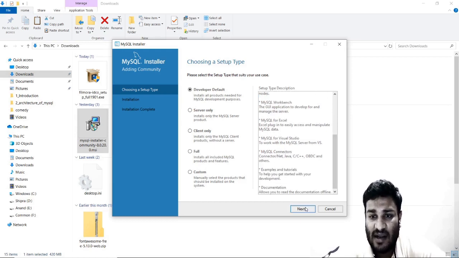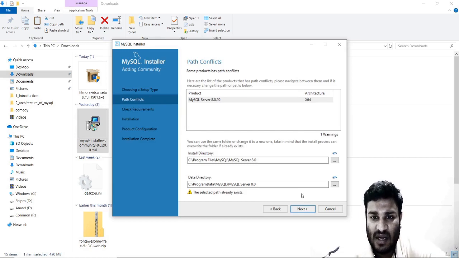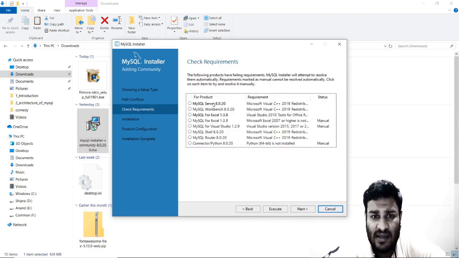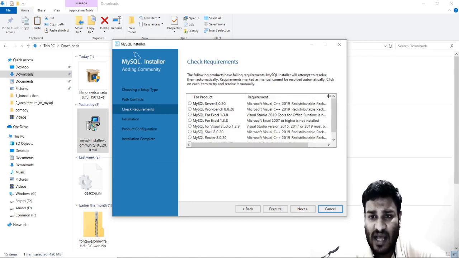Next, click on next. It will ask you for the working directory where you want to install it. This says the selected path already exists, so that is okay, no problem with that. Yes. Then it shows all the things it will install and all the requirements it has.